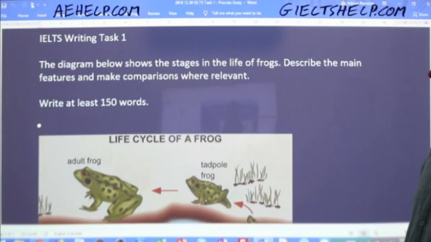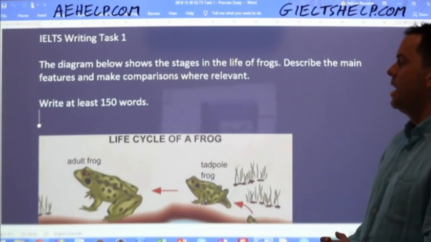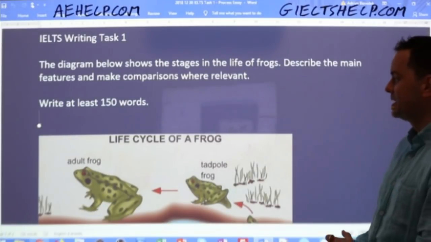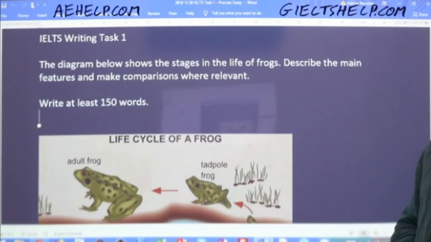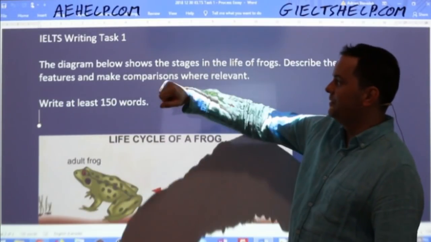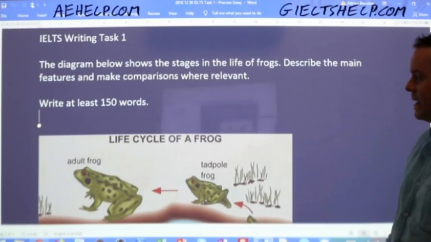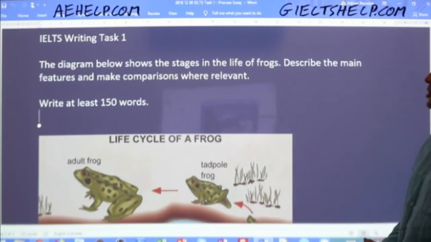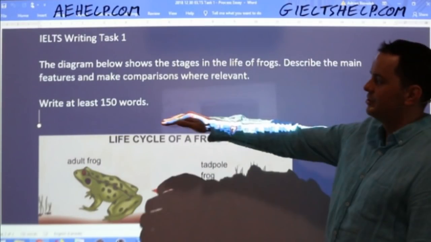He sent 3 choices, and I chose this one. It's nice, it's colorful, it's a good example. Hopefully that student will be with us later as well. And you need to describe the main features, make comparisons where relevant. Of course, that is usually the question, and you need to write at least